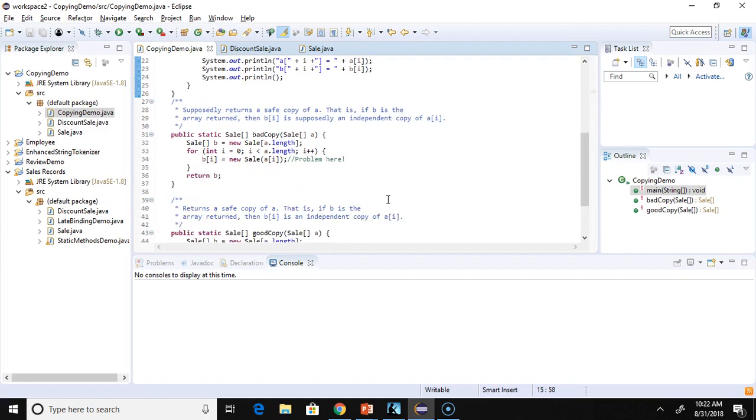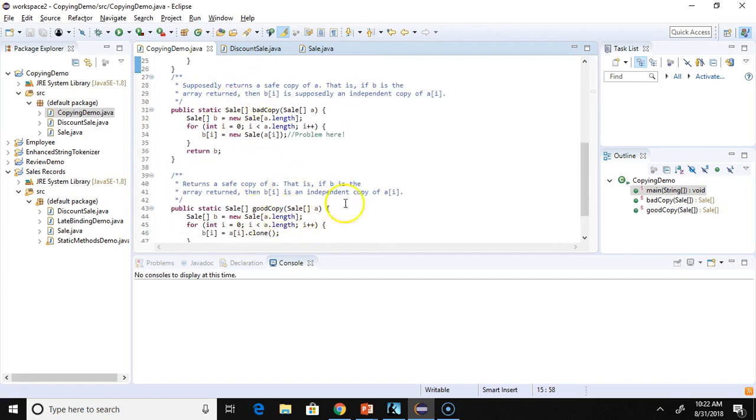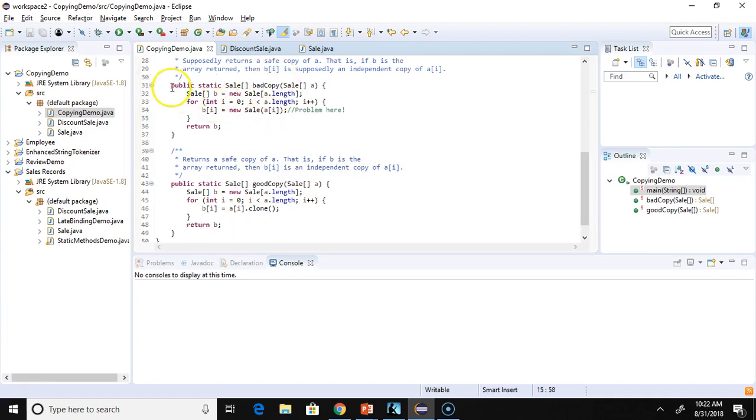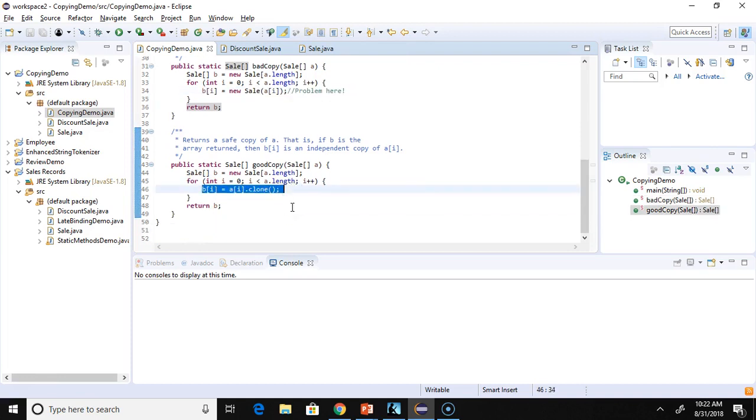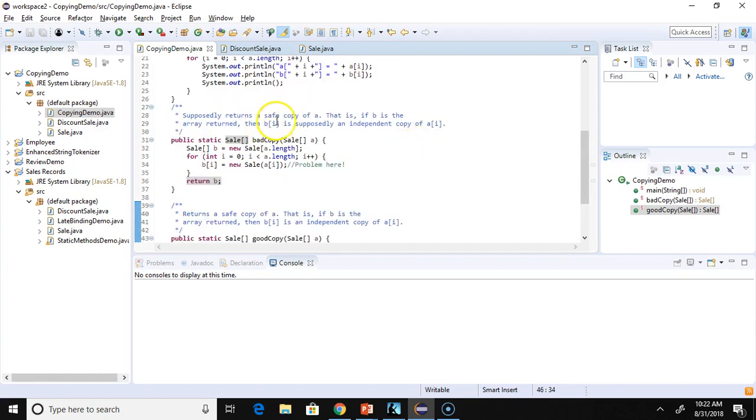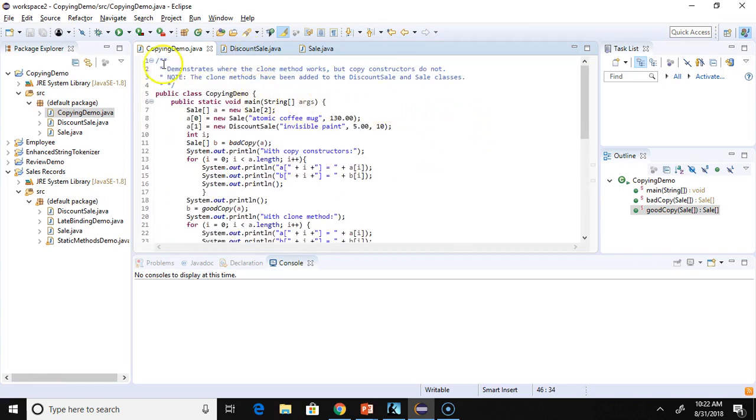Now, if you look down here, we have the bad copy and good copy methods. So the bad copy is just like that first example we saw. You'll see right in here, I have B[i] equals new Sale(A[i]), so that's where my problem is. And the good copy, if you notice, it's just like the other one we saw: B[i] equals A[i].clone(). Right? And so what this does, we'll return, of course, the safe copy of A. And you can see right here, it says that is, if B is the array returned, then B[i] is an independent copy of A[i]. Whereas right here, you can see, suppose it returns a safe copy, but it doesn't. That is, if B is the array returned, then B[i] is supposed to be independent of A[i]. Right? But if we run this,